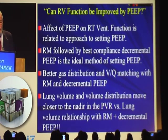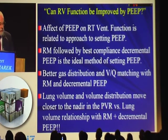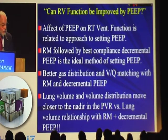Now, obviously, there are going to be patients who won't tolerate even modest increases in PEEP, but the average patient without baseline myocardial dysfunction can mostly tolerate a fair amount of PEEP, particularly if it's applied in a recruitment followed by decremental adjustment of PEEP. Better gas distribution and VQ matching with recruitment and decremental PEEP,